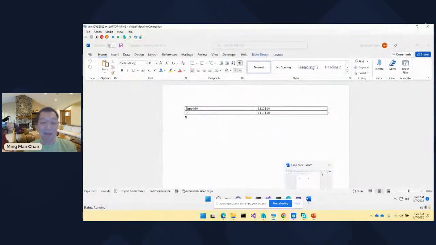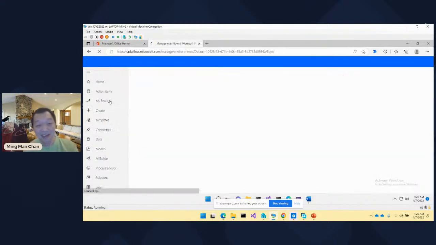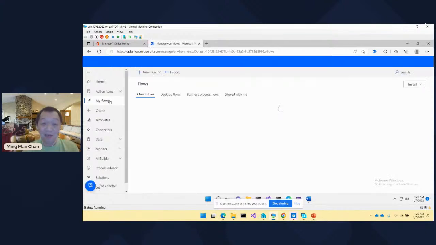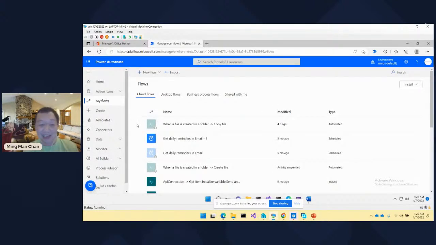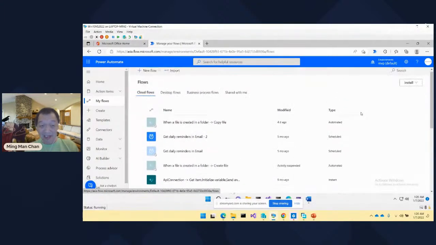Okay, now I come back to here, right? So you can see I have been playing with this thing. I can click my flow here. If you have not created anything before, here will be empty. You won't see anything. All right. So these are the things that I created, and this one I purposely turned off for you to see. If you see it in gray color, it means that this flow actually turned off. Sometimes if you haven't used it for quite a while,